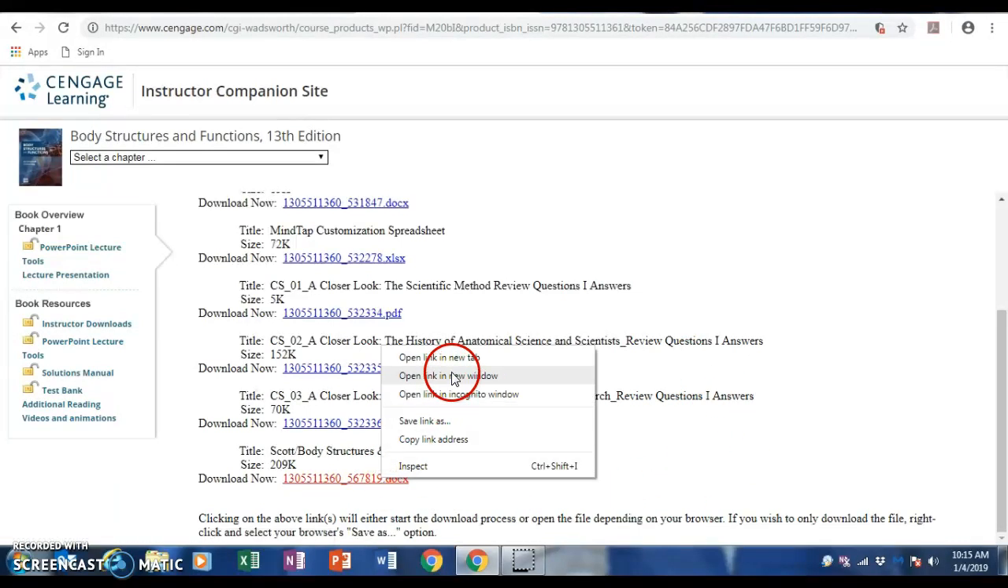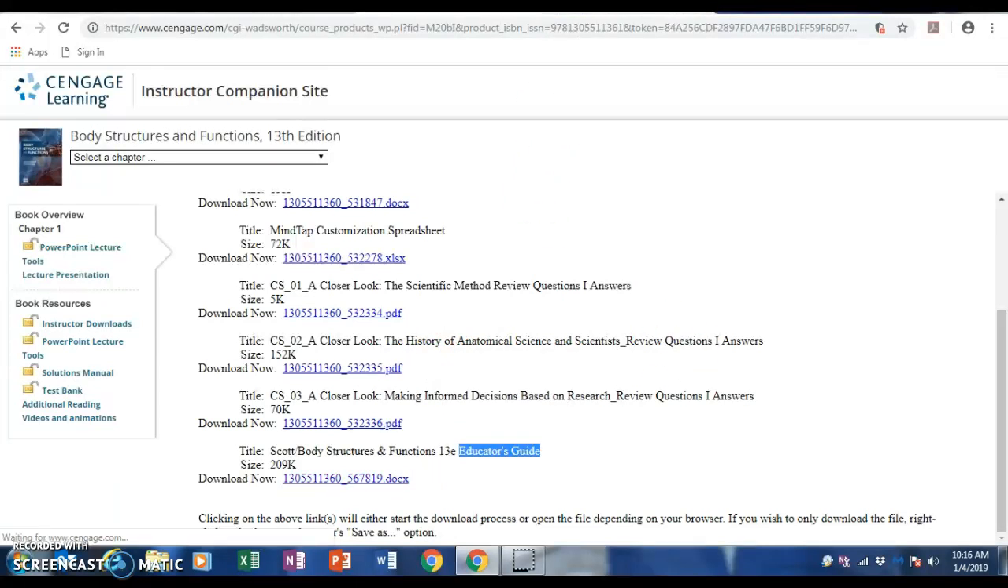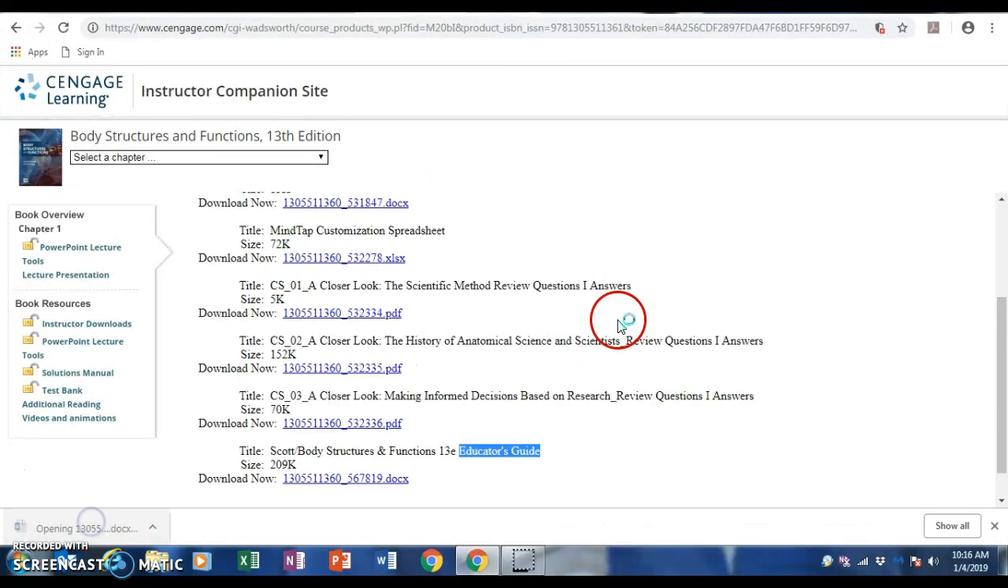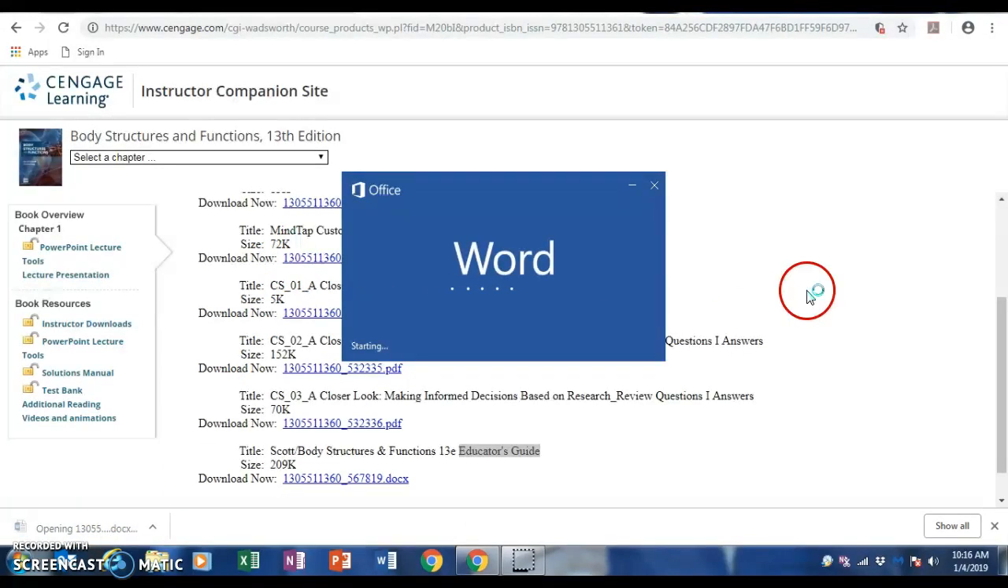I don't see a download happening. Let me see. I don't know if it's going to let me do it or not. There it is. So when you open this up, it's going to have a little introduction to the MindTap